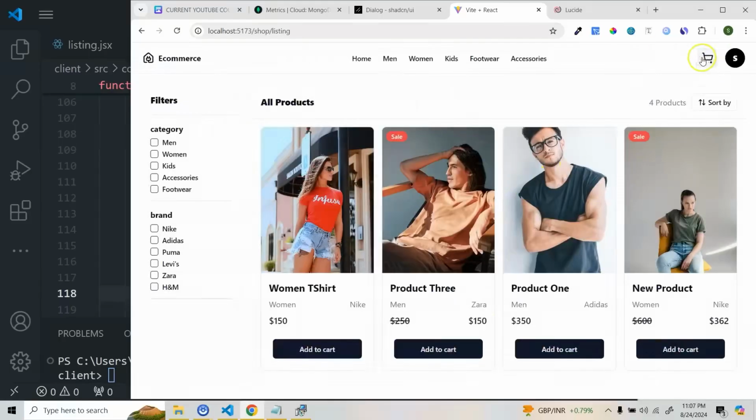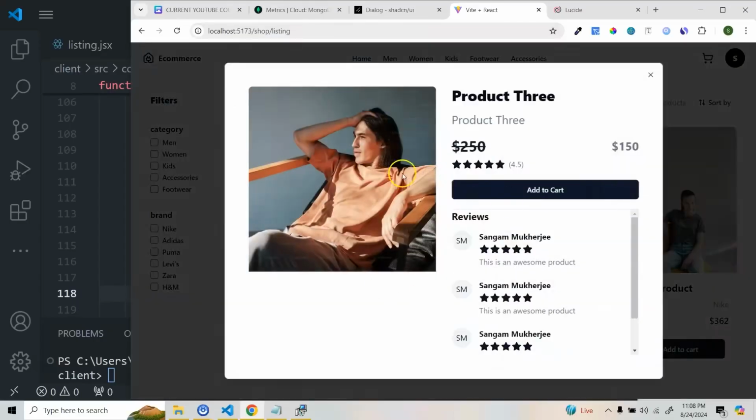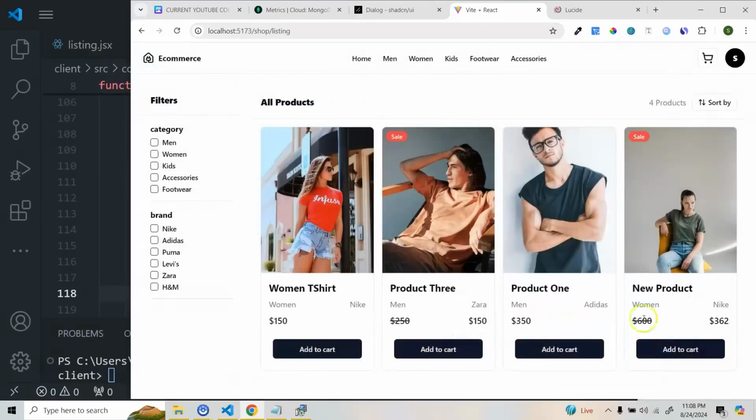So now we need to start working on the add to cart functionality, which we are going to do in the next video. For add to cart, we are going to click here, we are going to open a sheet component and there will be a checkout button. We are not going to create a separate cart. I don't see any point in creating a separate cart page, because nowadays whenever I see some very famous websites, they are going in this model only. So you'll have a modal and then below it you'll be able to see suggested products, and then we'll be opening a modal and from there we'll be able to directly go to the checkout page. So the same thing we're going to